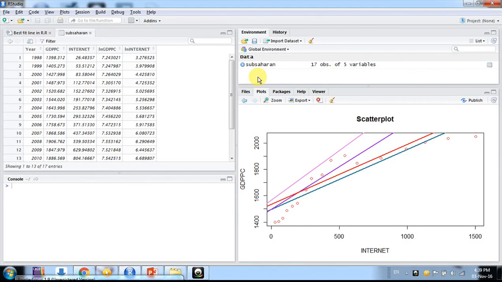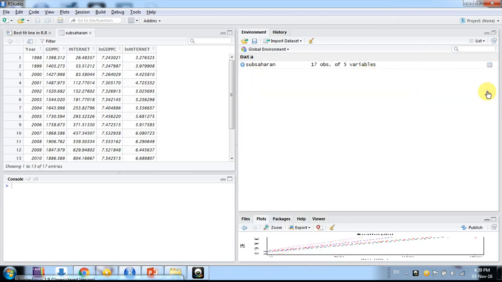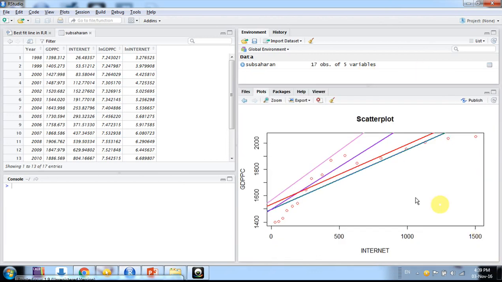In this video, we will discuss how to insert such kind of regression lines, best fit lines in your scatter plot. These lines are very useful when we want to compare different categories of a variable. Suppose we want to analyze different countries in terms of GDP and internet.